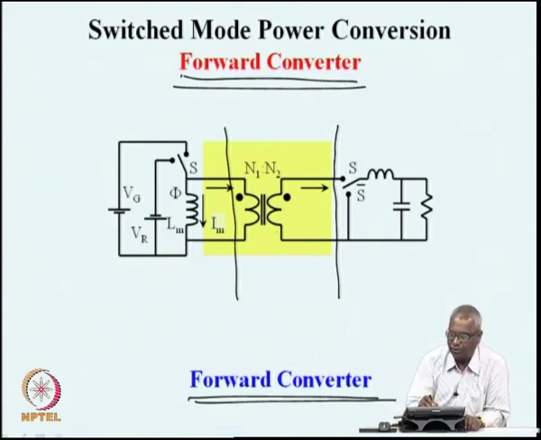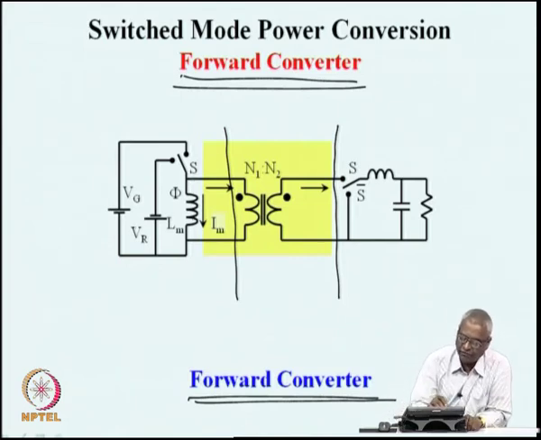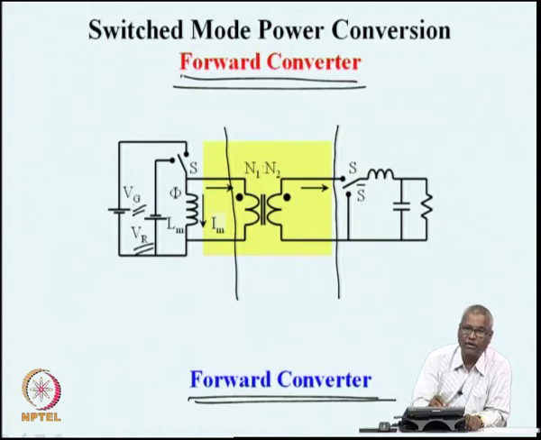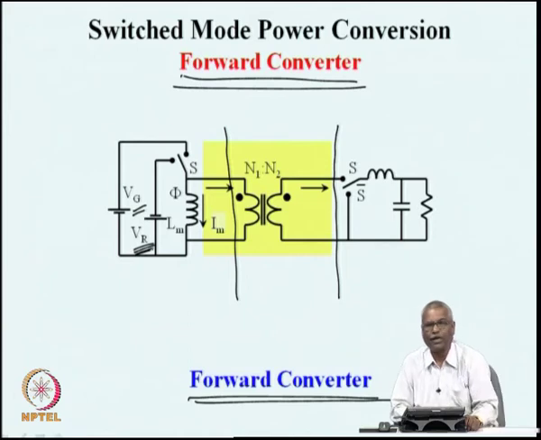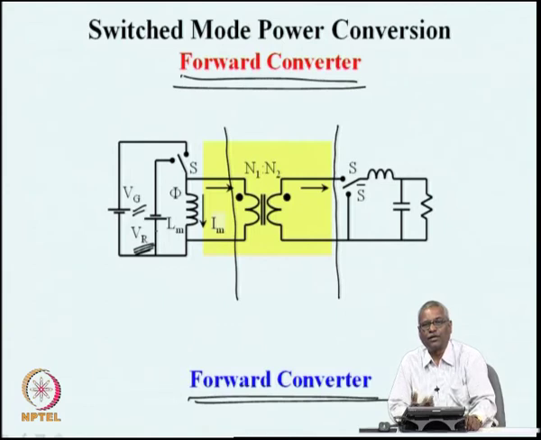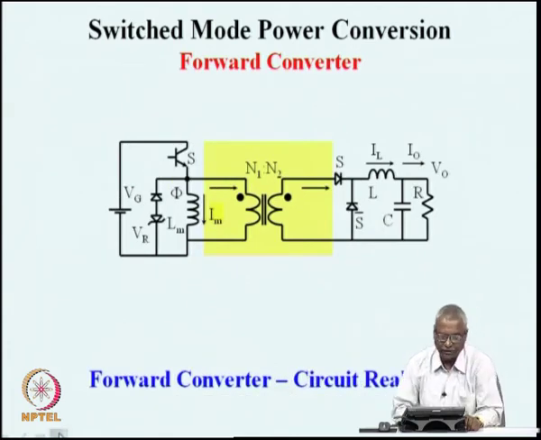We represent the ideal property of the transformer by this, and then connect the magnetizing inductance as a parallel non-ideality, as a shunt non-ideality, and to this we connect a voltage of Vg and Vr, a voltage which is applied to the transformer during the on time, Vg, and a voltage that is applied to the transformer during the off time, called Vr. Because Vg and Vr are of opposite polarity, you can see that now we have introduced a mechanism of resetting the core, and we will have to now work out what the other quantities of interest are.